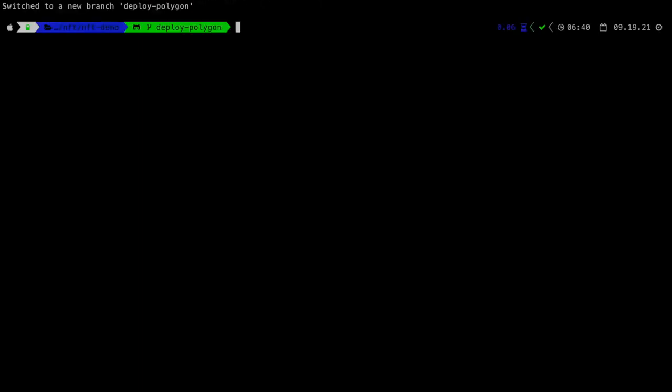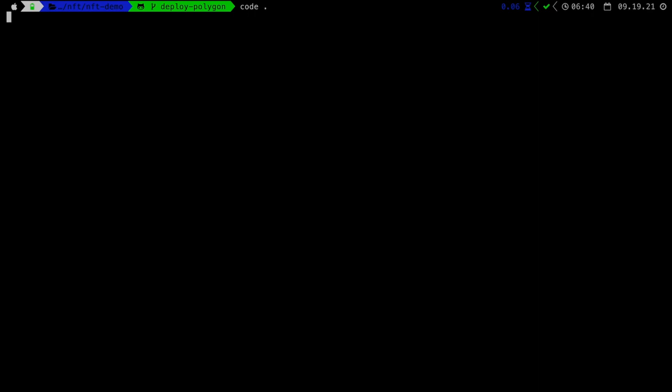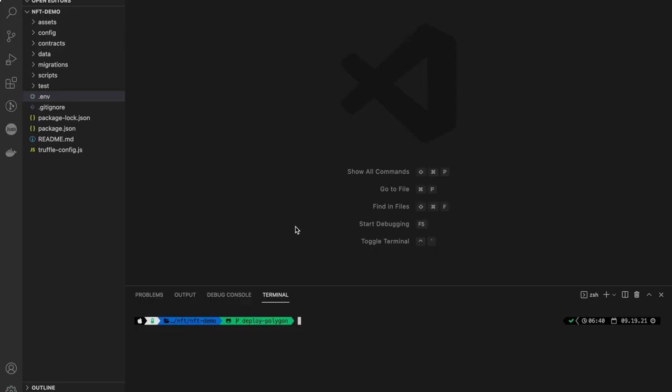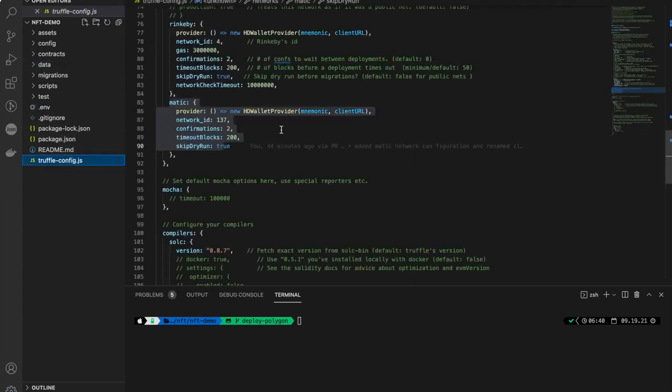I didn't want to mess up the master branch because the other tutorial is already there, and the people who are coming from that tutorial will find it a little difficult to follow. So that's why I created a new branch and put all the new code inside it. Okay, now we'll be opening this folder in our editor. So as you can see, our files are now open. We have pulled this branch's changes, and first we'll see truffleconfig.js.